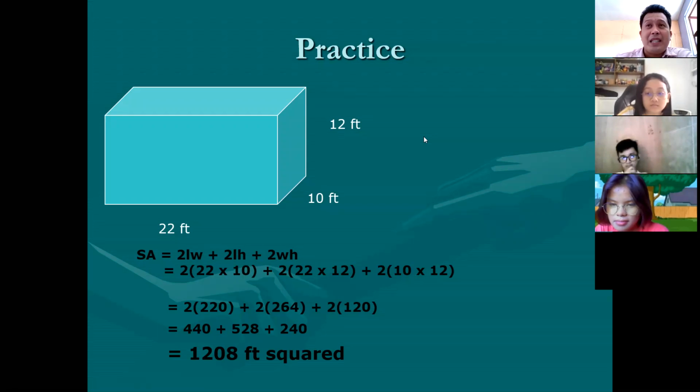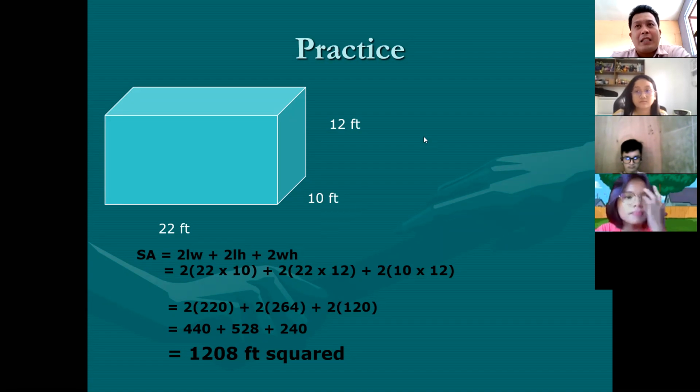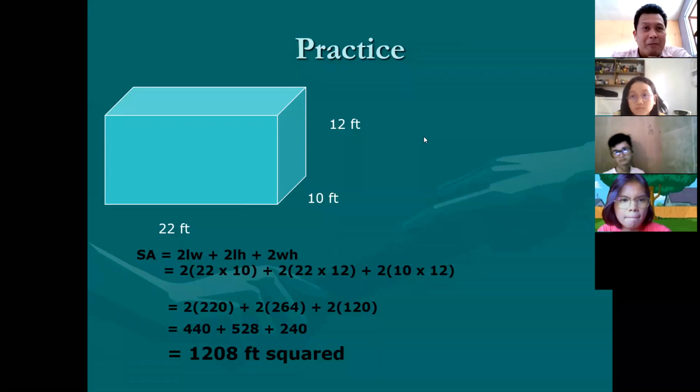It's quite easy, especially in a prism, because in a prism you can simply use these formulas. But not for all prisms, class, because there's a difficult prism that is quite hard to find the surface area of. The shape of a Toblerone. Is a Toblerone a prism or a pyramid?